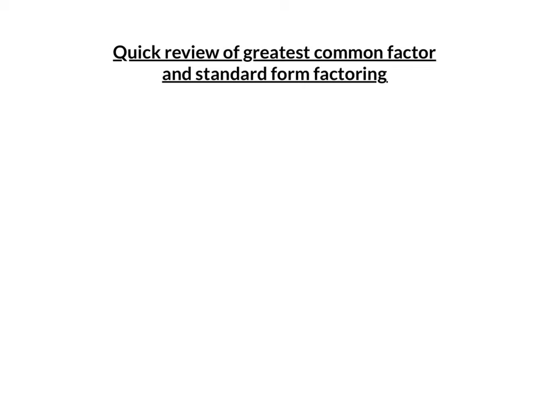But it's been a little while since we factored, so let's do a quick review of greatest common factor and standard form factoring. Greatest common factor, or GCF as we call it, is when two terms have something in common. Like in this case, the x squared has two x's and the 6x has an x, so they have an x in common. And what we're doing is using the distributive property to undistribute that x, take it out of